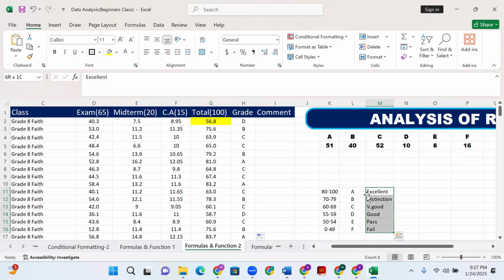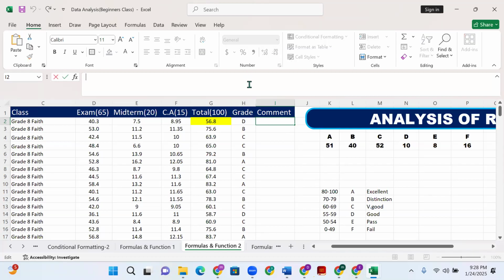Those who pass, we want to tell them they tried. We want to tell them you are excellent and the likes. How do we do such a conditional statement? We'll be using IF again. Now, let's go together. Equals IF, open bracket, if this H2 is equal to A. You see that we didn't use greater than now because we are definite about what we want to give. Is equal to A,